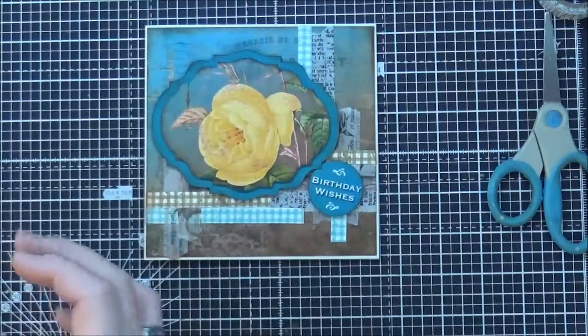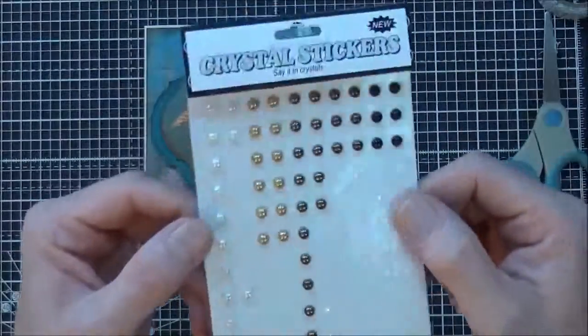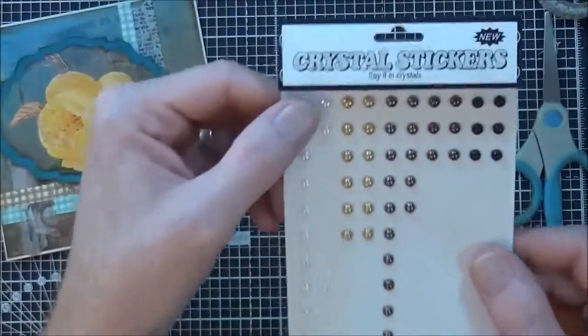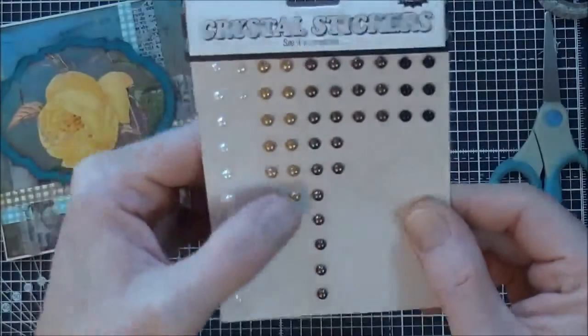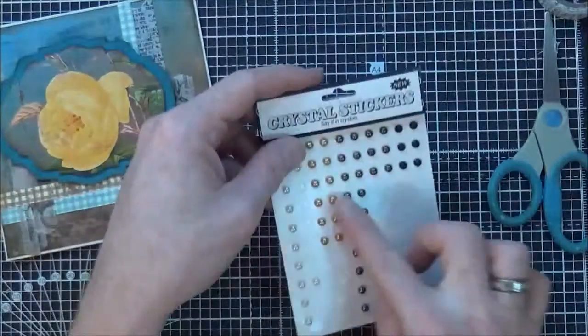He says, frantically looking around to see where they are. So I've got some pearls. Now what I'm going to do is, I've got plain white ones down there, or I've got some gold effect ones there. Now I think the gold ones will work really well with the browns,